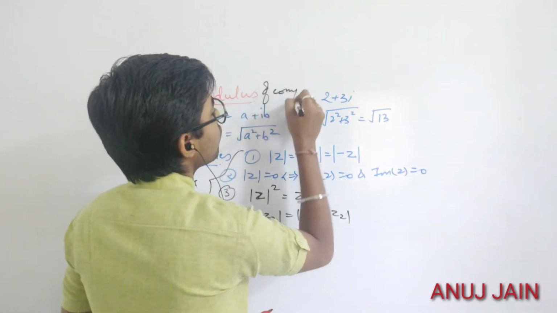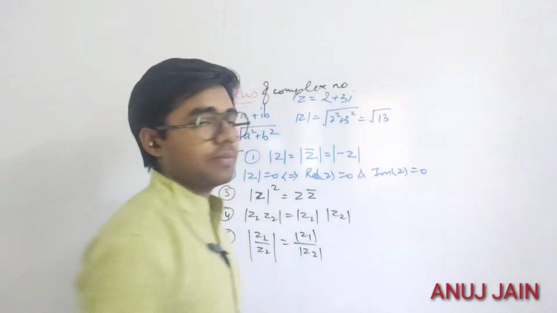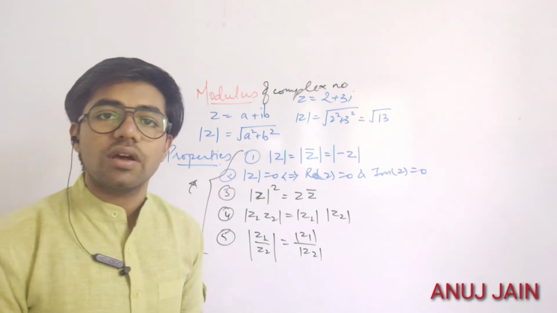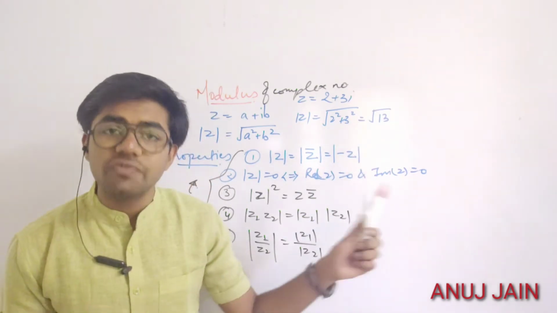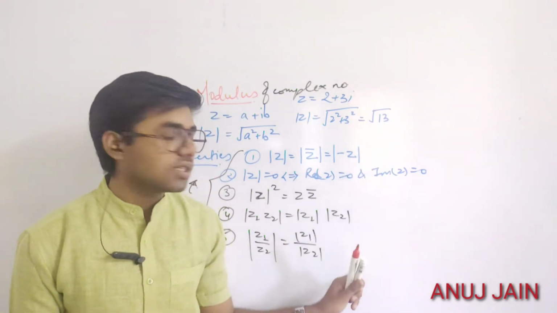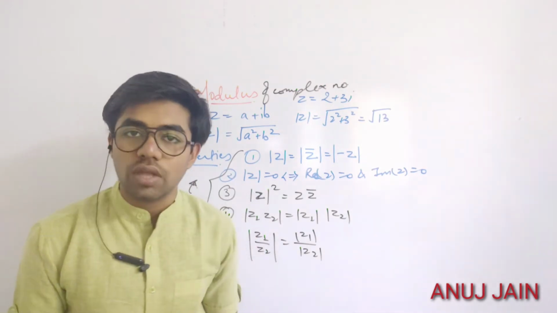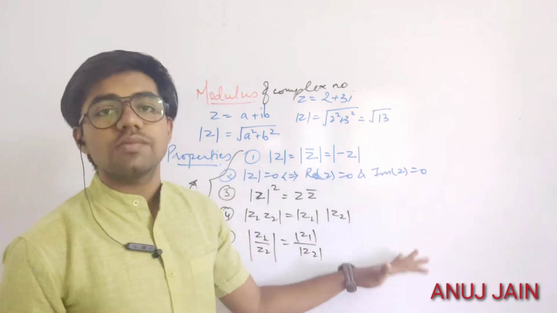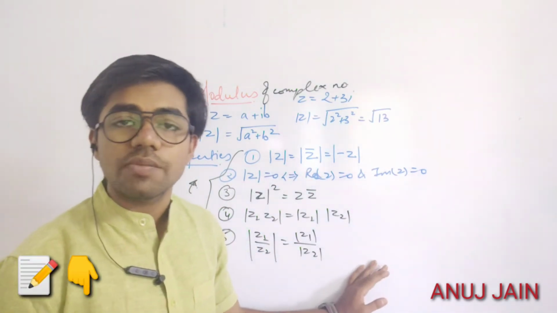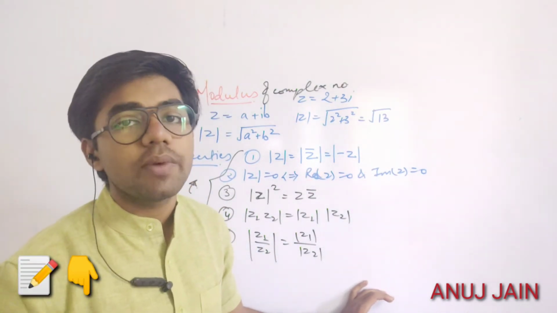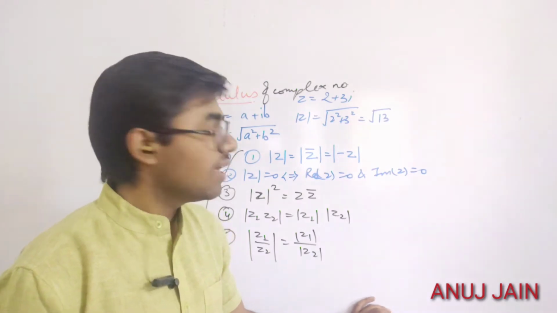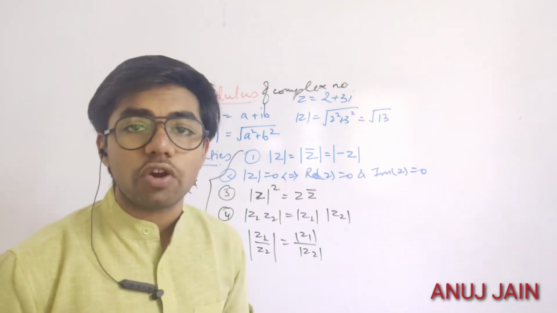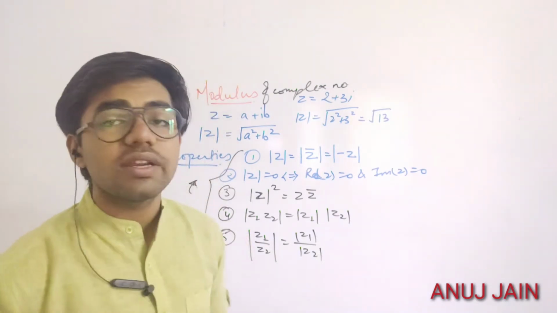Okay, so moving forward after modulus, अगर आपको इन प्रॉपर्टीज का प्रूफ जानना है तो आप नोट्स को देखें, उसमें समझ आ जाएगा। ओके, अगर आपको अभी तक कॉम्प्लेक्स नंबर समझ आए हैं तो इनके प्रूफ आपको नोट्स में समझ आएंगे। कुछ भी डाउट हो तो आप हमें कमेंट कर सकते हैं। नेक्स्ट टॉपिक इज व्हाट इज रेसिप्रोकल ऑफ ए कॉम्प्लेक्स नंबर। लेट्स सी व्हाट इज रेसिप्रोकल।